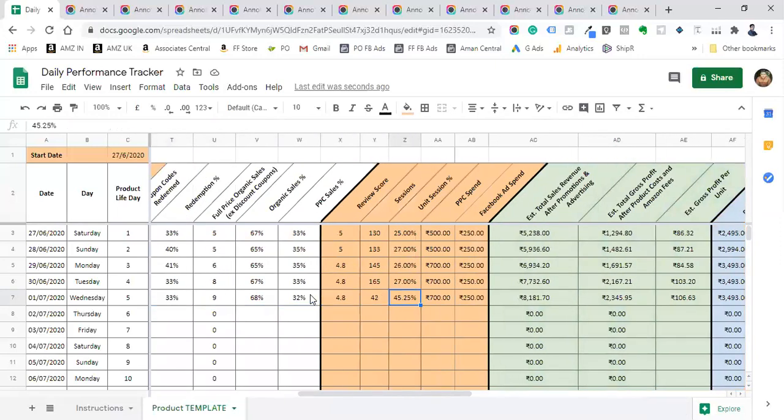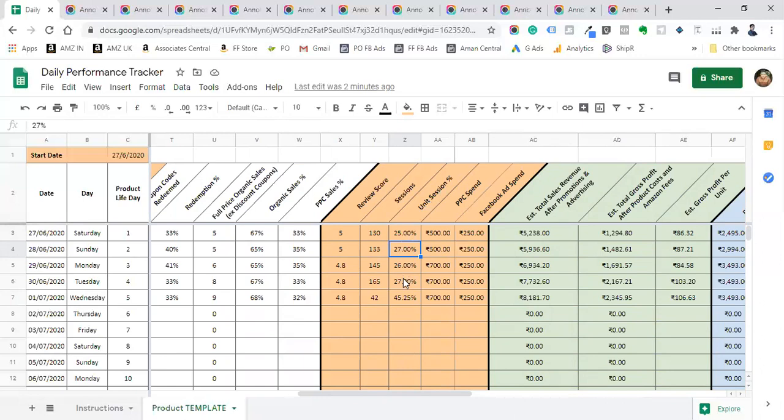When it comes to conversion rate, the ideal conversion rate is 15%. If it is anything less than 10%, you have to definitely work on your listing, your images, your copy, all those things. If it is 15%, you can target to improve it to 20%. 15+% is very normal. During the launch, your conversion percentage will be higher, because we are doing 70% promotion and other promotional material, and those people we are sending are going to directly buy it; they are not regular buyers. So during your launch phase or promotional time, you are going to see this number high. After some time it will decrease.